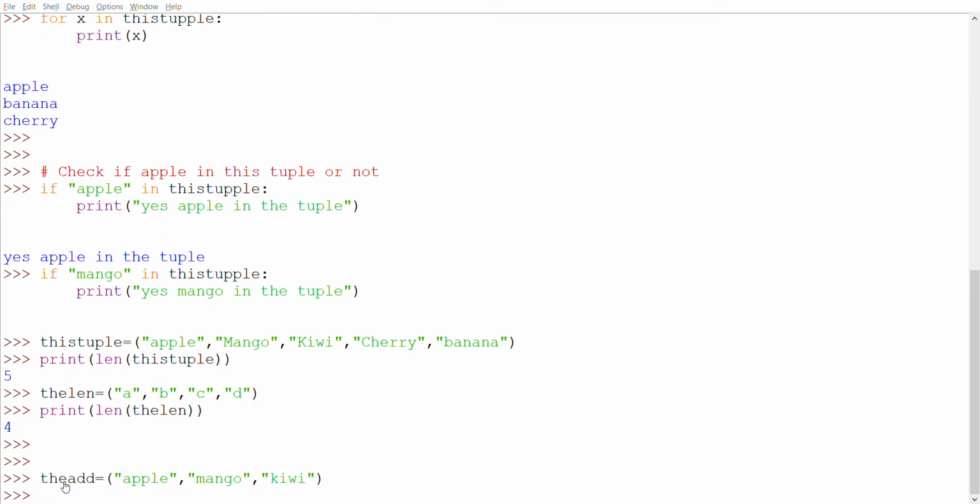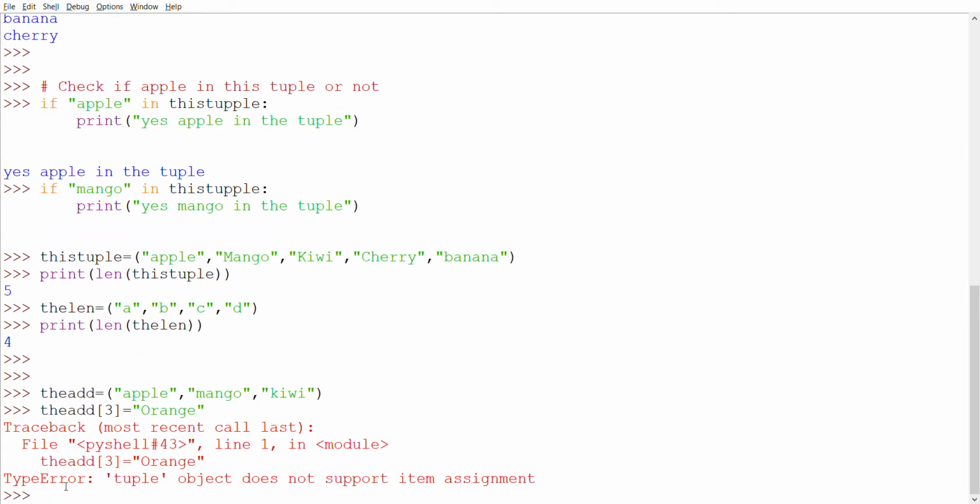Now if you try to set item 3 equal to orange, you will get an error, because the tuple object doesn't support item assignment. The same way, you can't change a value once you create a tuple. Okay, now it's clear.